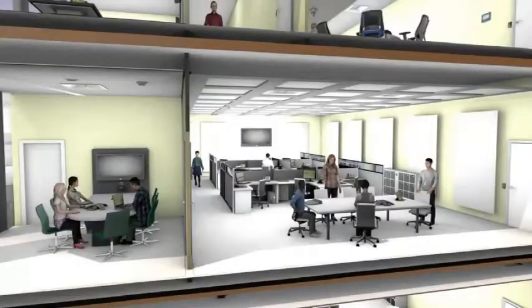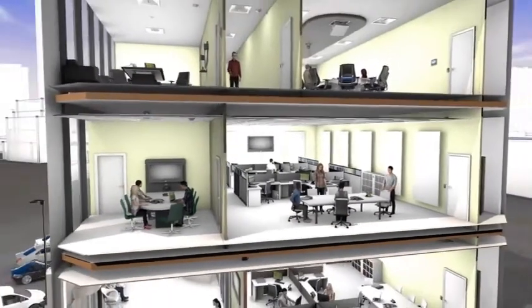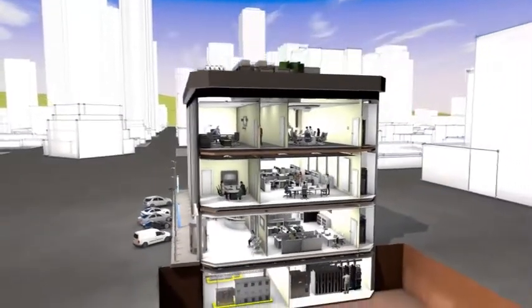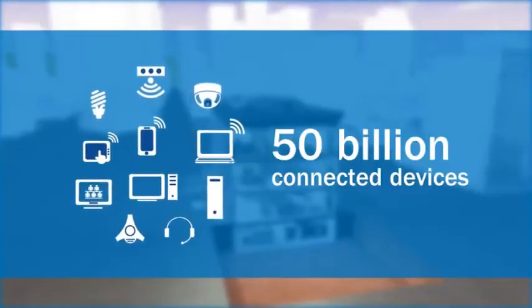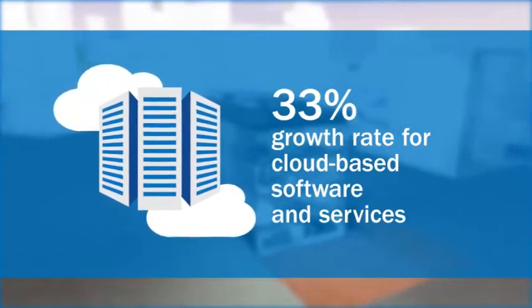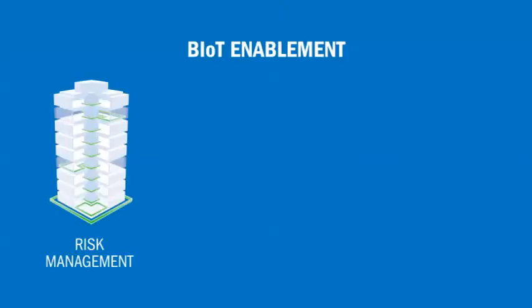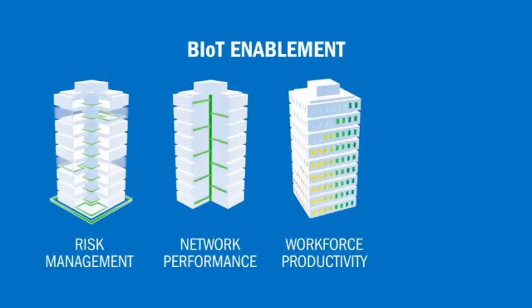A truly smart building contains an ability to analyze its environment and make real-time adjustments to improve efficiency and productivity. According to Memori, by 2020, 1 in 5 buildings will be a smart building, supporting 50 billion connected devices, with cloud-based software and services growing at a rate of 33%. An Internet of Things-enabled environment helps to simplify the tasks of managing risk, improving network performance, enhancing workforce productivity, and